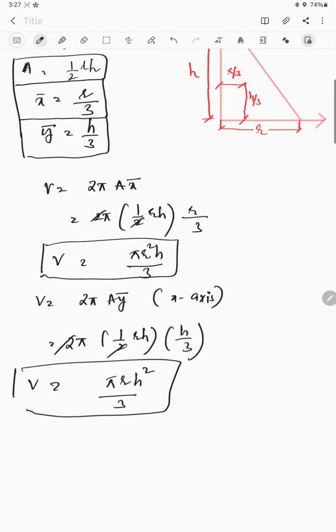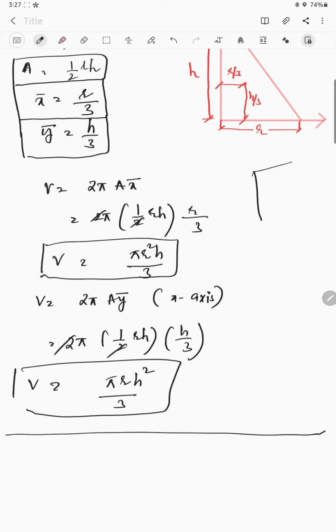It is nothing but if you rotate a hand fan with your hand, when you rotate it, what happens? It will form a volume shape. That is what our Pappus theorem is. Pappus theorem is nothing but when we rotate a plane, it will form a volume shape. It will give the volume of any material.